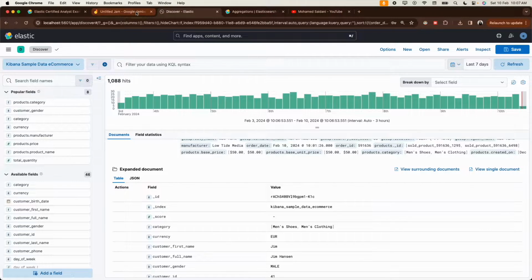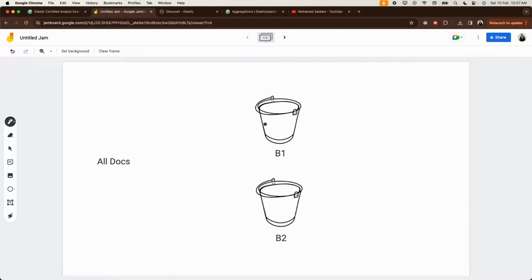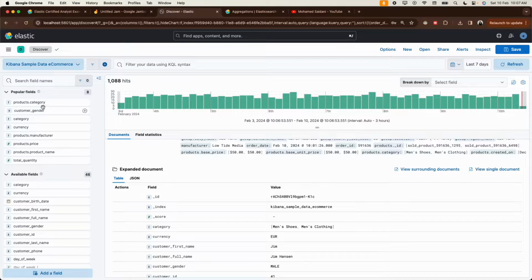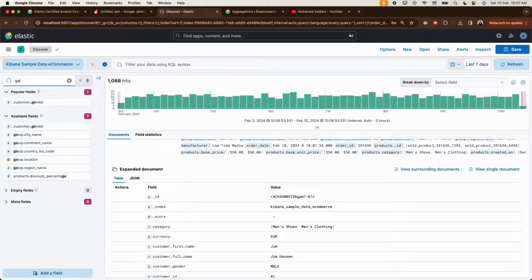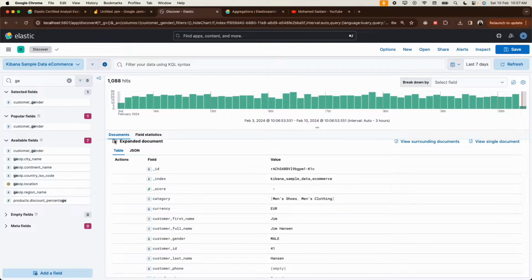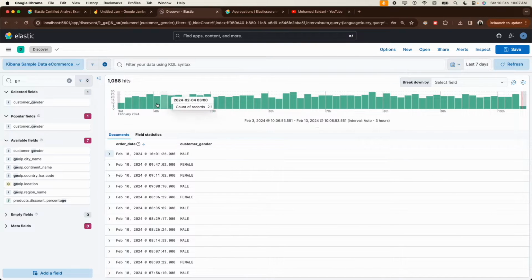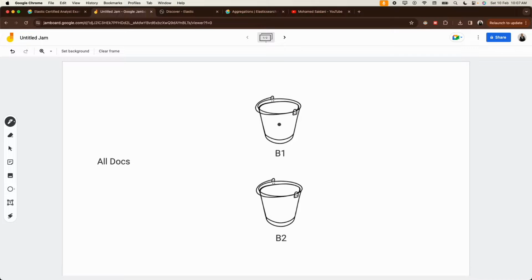A bucket means you will group your data based on something. For example, I want to see how many male and female customers bought from my e-commerce platform or website. So we will create two buckets. Bucket one is for male, and the second bucket